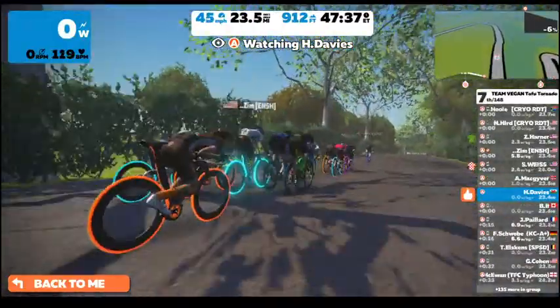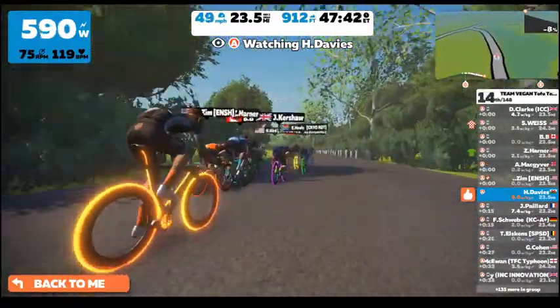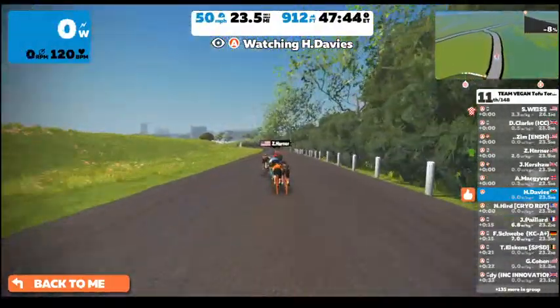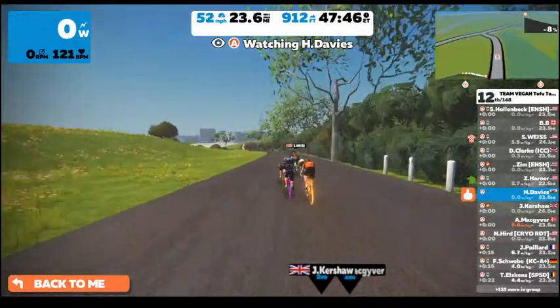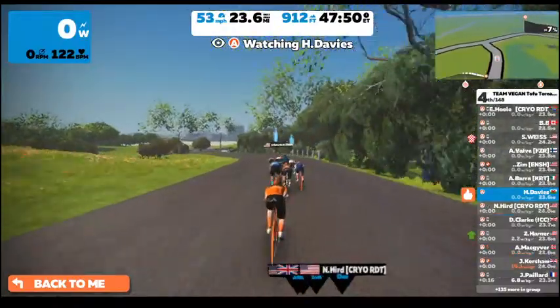So I'm expecting to see Howell just coming to the back of the group now. Is there going to be some big watts? Yes, there he goes, straight up to about 600 watts to make sure he sprints back on and stays with that group. Yep, so the riders I see left in this group here are Zach Harner and Hubble Davies, our